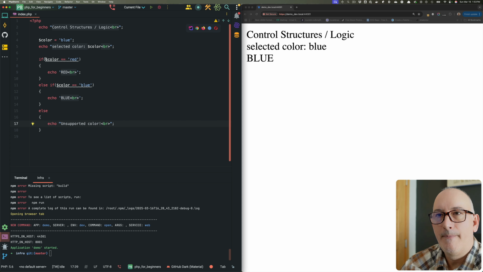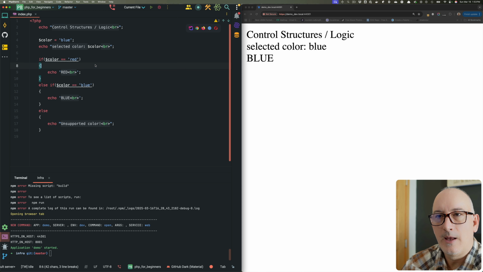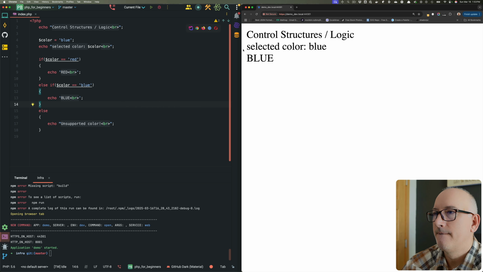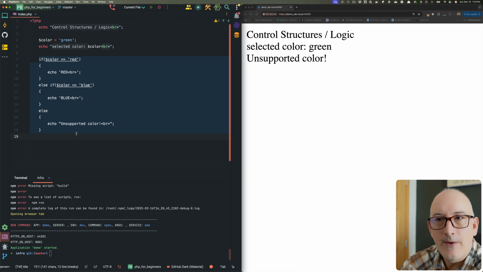So I have this multiple branched if statement. If it's red, I'm going to echo red. If it's blue, I'm going to echo blue. Otherwise, now I have this condition here, and it's going to say unsupported color. If I refresh, it should still get blue, and I do. And if I change this to red, I should get red, and I do. And if I change this to, say, green, I should get my unsupported color. And this way of doing multiple branching on this if is certainly valid, but I want to show you